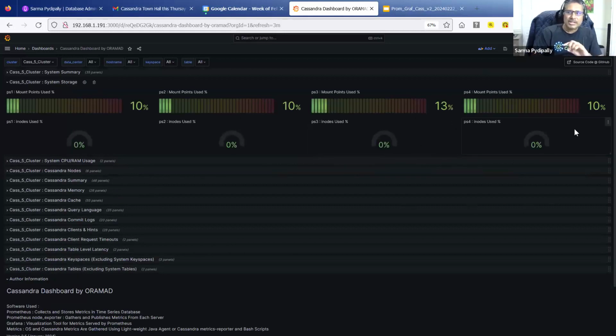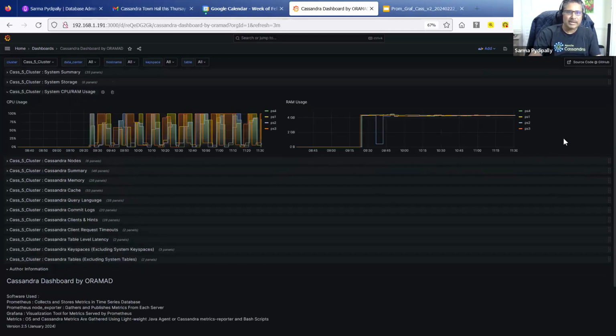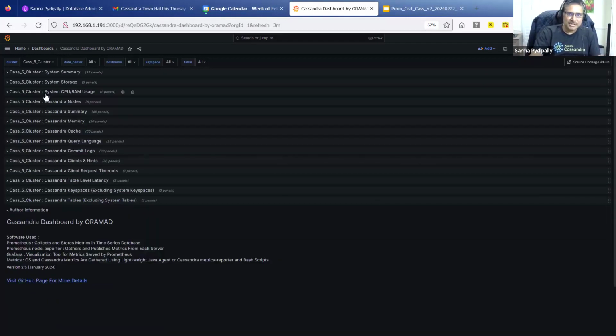I have also noticed that we run out of inodes in Linux, and I don't want to figure that out after going to the shell. I wanted to put a metric here. Obviously, my server does not have too many files, so they're all at 0 right now. You can look at the system memory and system CPU. Since I'm running virtual machines, they're all at 100%. But they're all running with like 4 GB RAM or something, 4 servers. I do have other servers which are running. There is one separate server for Prometheus and Grafana.